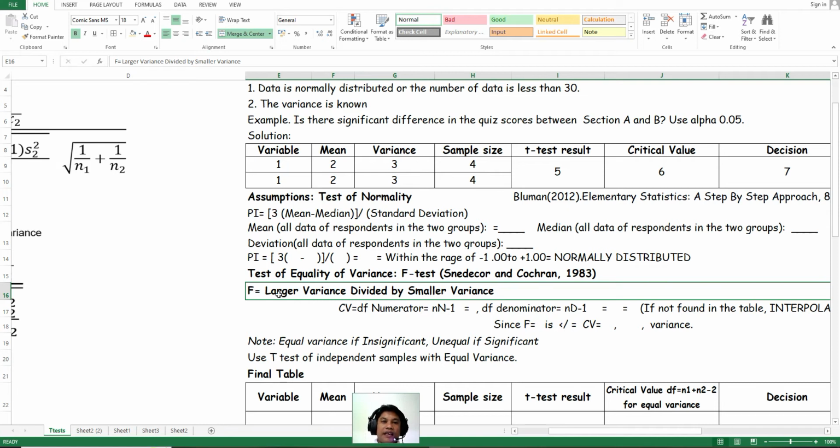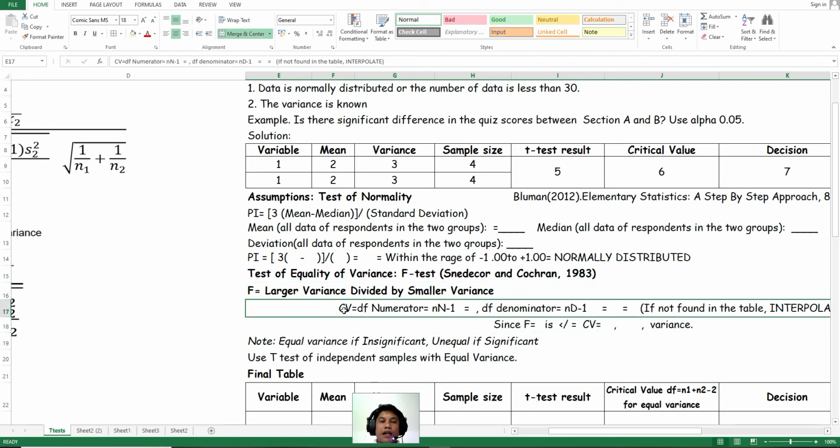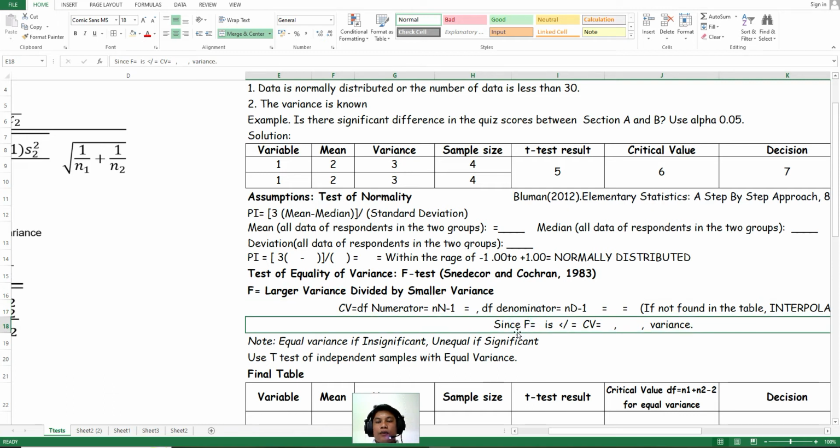F is equal to larger variance divided by smaller variance. In which we have to consider the critical value, where df numerator equals n minus 1 and df denominator is the number of respondents minus 1. If the values are not found in the table, we can interpolate, especially if it's not easily reflected in the table. Now, our decision, after we compute the f value,